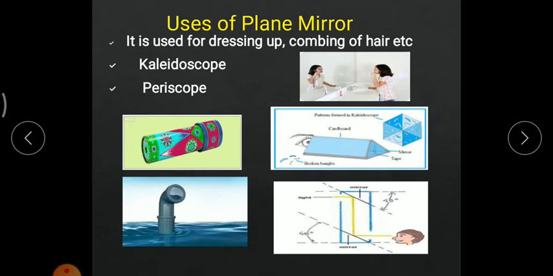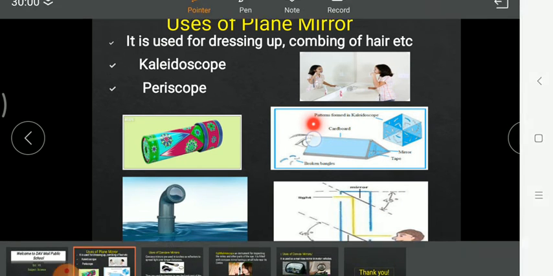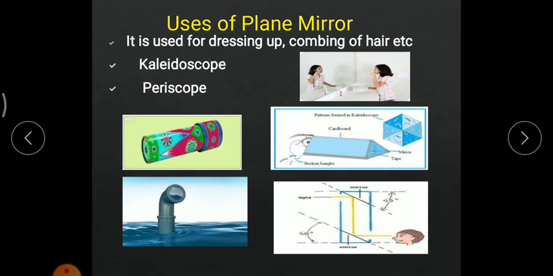After making that structure, broken bangles are inserted, and it is tightly packed in such a manner that there is a light source at one end, and from the other hole a person can view different varieties of colour. If we shake that kaleidoscope, different colours can be obtained, with a specific colour pattern that will not be repeated the next time. This is the kaleidoscope.